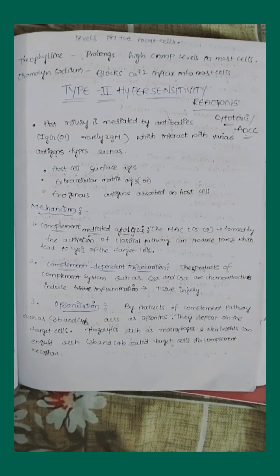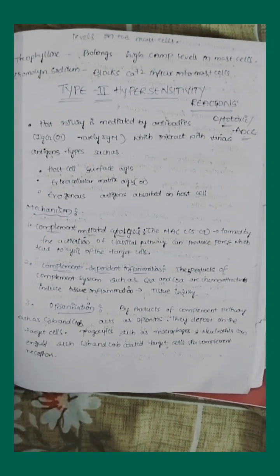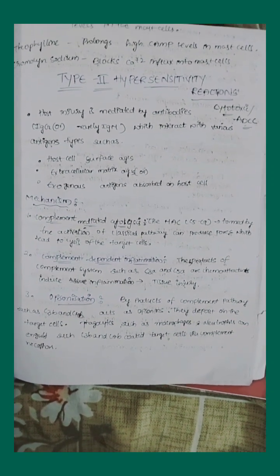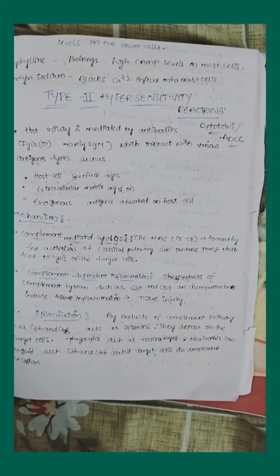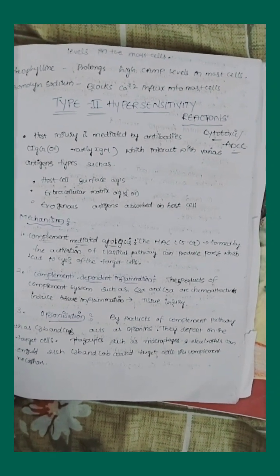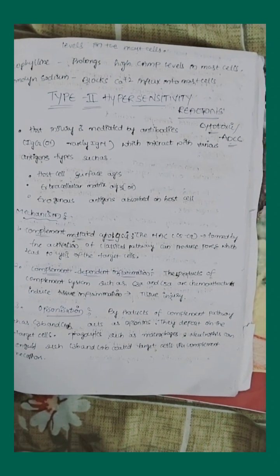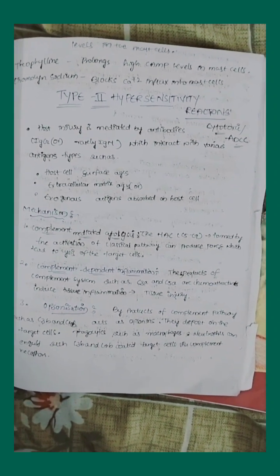In the classical pathway, C1 will react with the antigen antibody complex, and C1 will cleave C2 and C4 into C2A, C2B, C4A, C4B respectively, and this C4 will activate C3, and C3 will split into C3A and C3B. This C3B, C4B, C2B along with the C1 antigen antibody complex will form